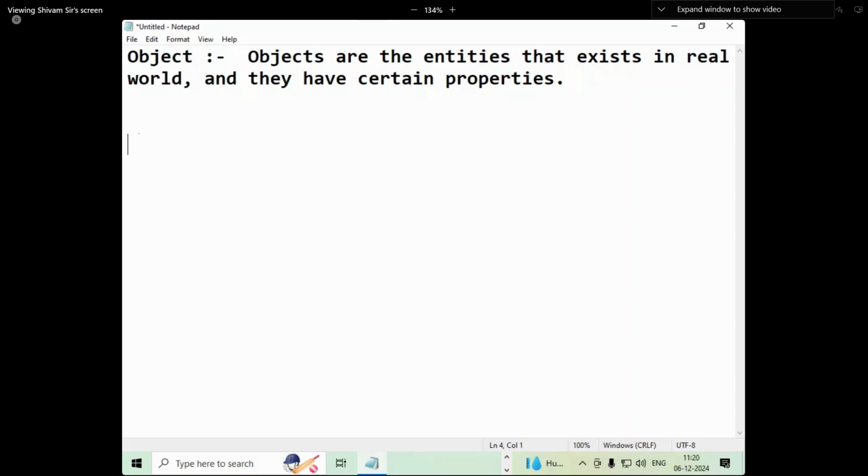For example, I will write here, an employee. Let's say I am an employee of Naresh IT. Now what properties can I have as an employee of Naresh IT? Will I be having some properties? As an employee of Naresh IT, not as Shivam, I will be having some properties, and those properties can be